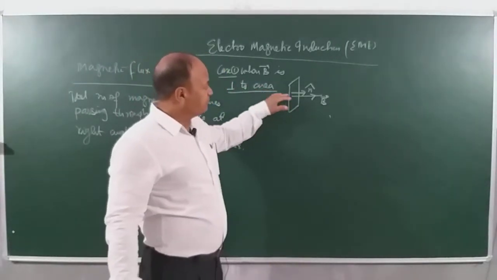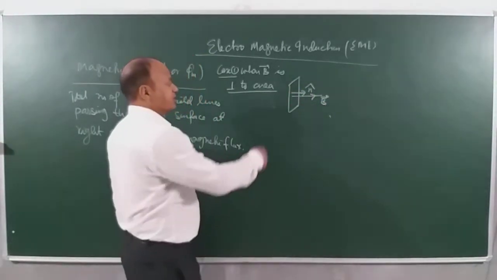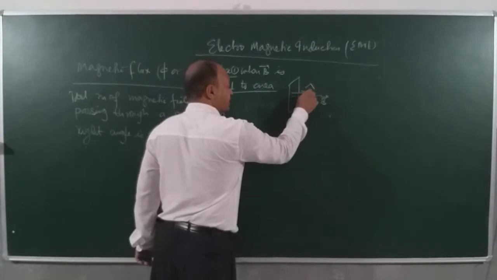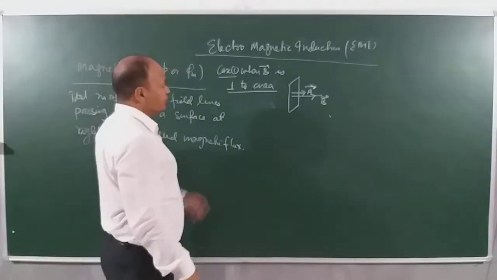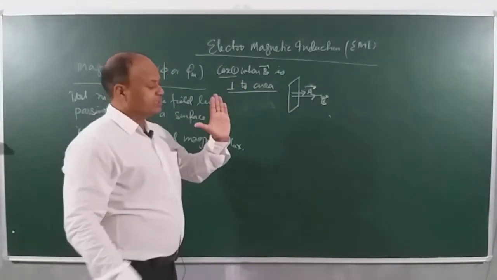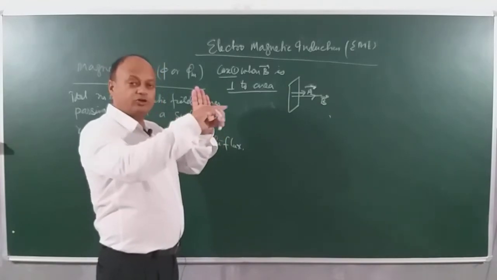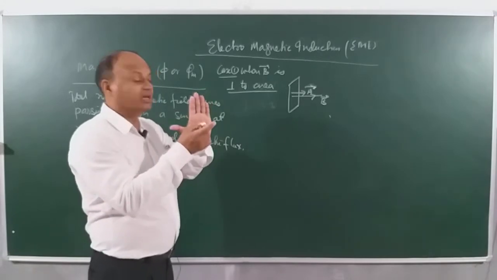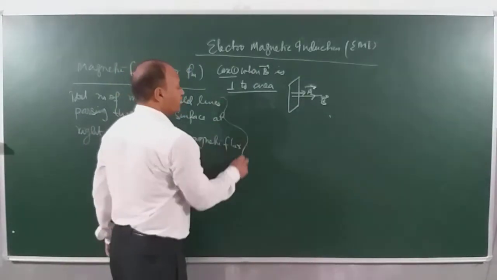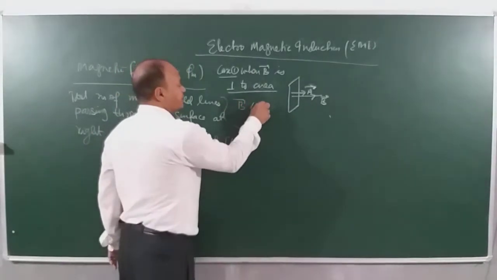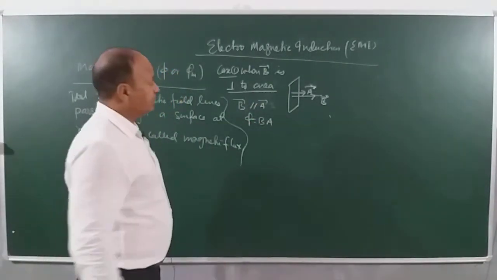As you can see, when B is perpendicular to the given surface area, it means B is parallel to the area vector. You can also write area vector as A cap, or you can write it in full like this. Area vector is perpendicular to the given surface area. So the area is like this and this is the magnetic field. B is perpendicular to the area, but the area vector is also perpendicular to the given surface, so both are parallel. You have to understand this. B is perpendicular to area means B is parallel to area vector. In this case, phi is equal to B into A. This is case 1.